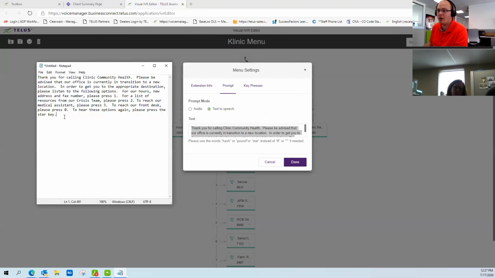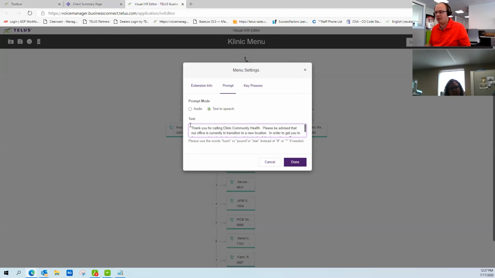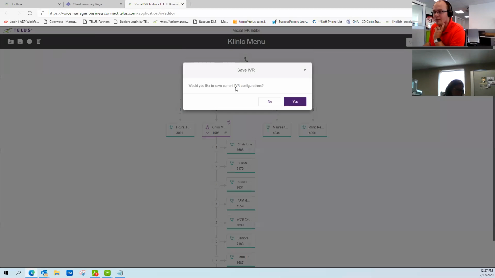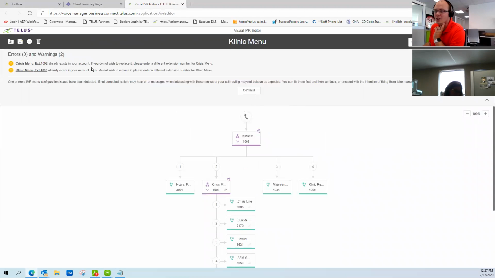Okay, so now that I've got that, I'll copy all of this back and highlight all of this, paste it back in, and then I can hit done. And now we've made the changes to our greeting here. This isn't going to be live yet until we save it. So up on the screen left here, you'll have this little save icon. It'll confirm that I want to save the configuration. Yes. Now, if you get these warnings,